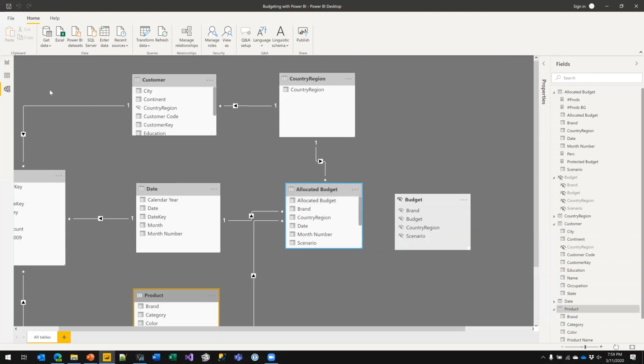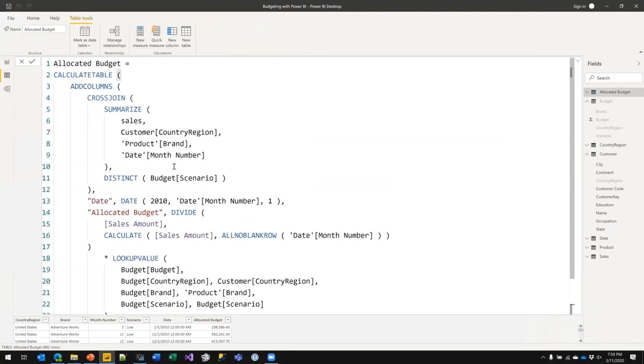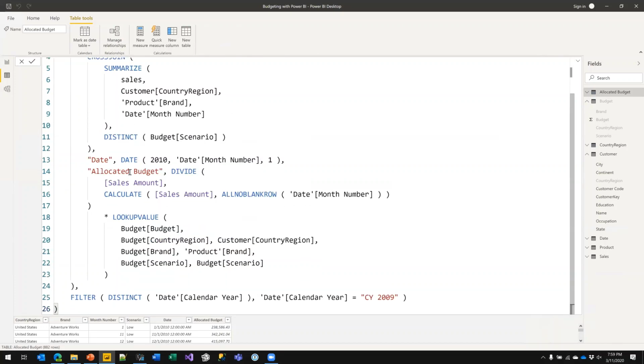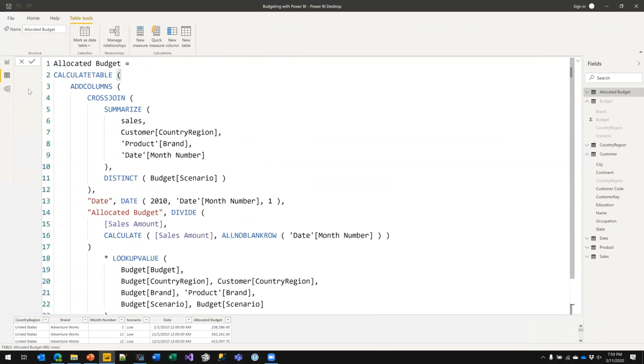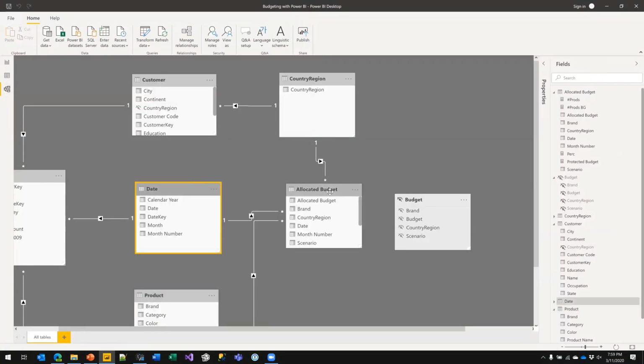see the creation of this allocated budget, you remember the monster query that computes the budget in a static way, all the work that we have done in this part is basically useless. Because, as I said, it was useful to learn the technique, but once you learn how to dynamically allocate the budget, no matter what the user selects, you can do the same for date too. You simply add the column containing the year, you build a weak relationship between the date and the budget, which only contains a column with the year.